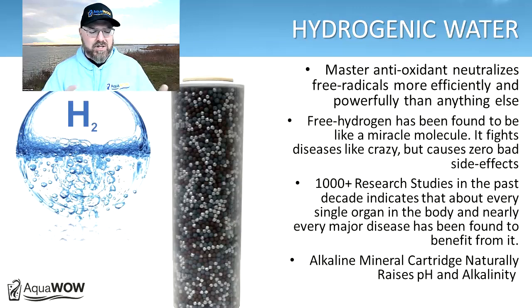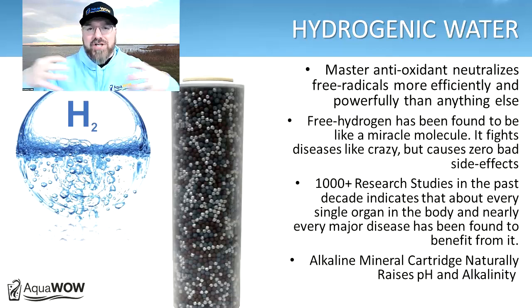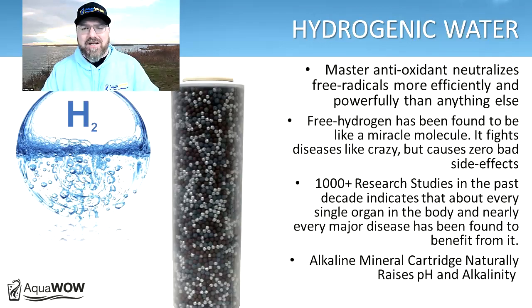You might know about antioxidants: vitamin C, vitamin E. You have zinc. You have different things that you could be ingesting nutritionally. People say red wine has antioxidants in it, and it does, but none of those compare to the antioxidant properties of molecular hydrogen and how it can really work to destroy and fight against free radical damage that happens in our body. In Japan, there's over 6,000 hospitals that have molecular hydrogen given to their patients because they know it